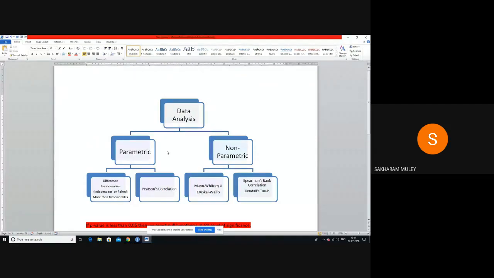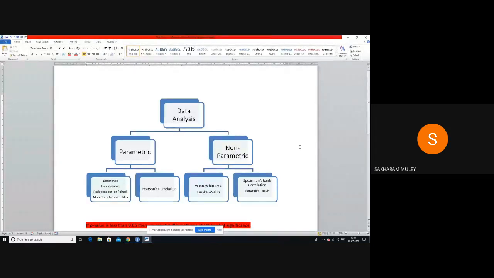In parametric testing, when we are testing our hypothesis, either we are testing for differences or we are testing for association. If I am testing for differences, then I have to think about how many variables I am going to compare with each other. Say, for example, in this case I am comparing the average age of male and the average age of female in my data set. I want to find out if there is a significant difference between them. So this is the case of two variables. That means I want to compare male against female.